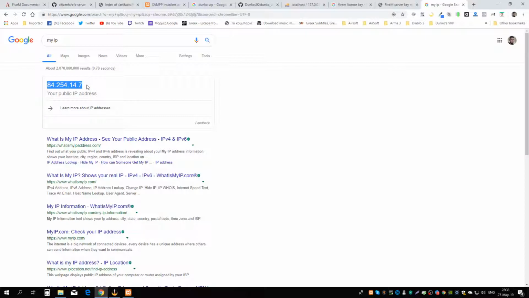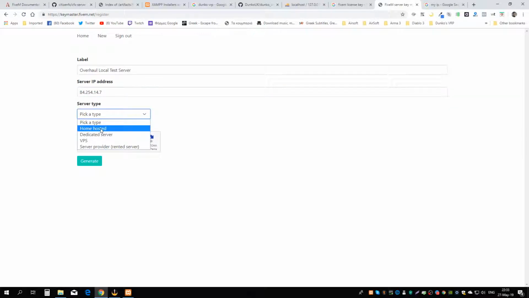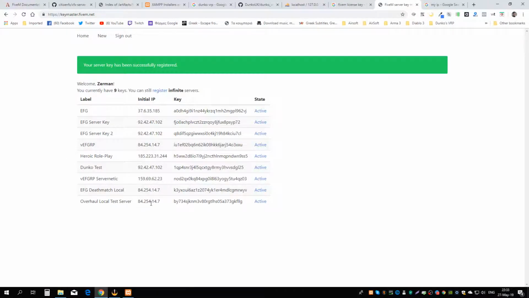Copy that and paste that into the server IP. Pick home hosted, check the robot box and generate. Now we have a license key. Copy that,